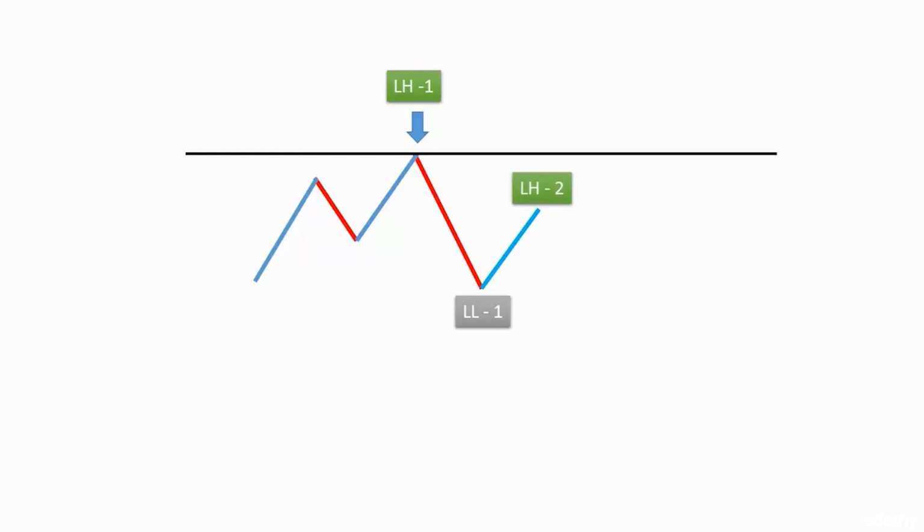Now, to confirm a downtrend, we just need another lower low to form on the price action chart. And finally, if price continues to fall and makes a new bottom below the previous bottom level, then this new bottom level is our lower low level 2. Now that we have 2 lower highs and 2 lower lows in a price action chart,